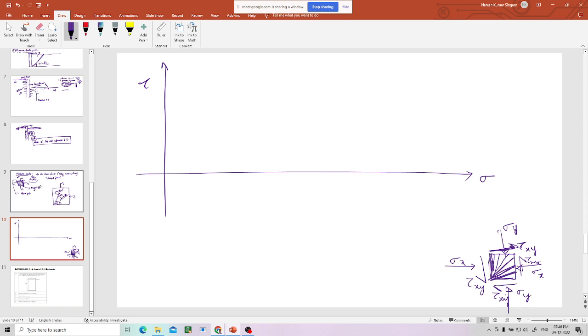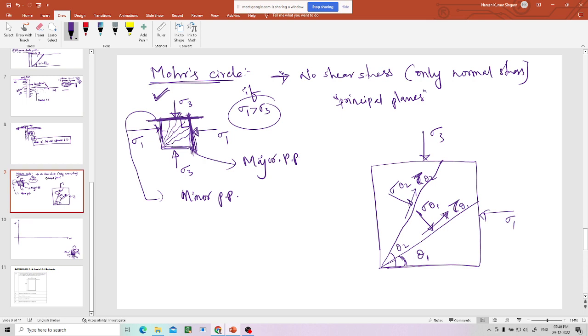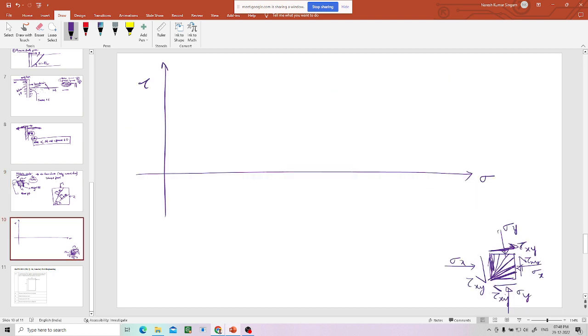Suppose the given element itself has vertical and horizontal planes that are directly the major principal planes or major principal stresses, then there is no issue. But if the given element has some shear stresses, somewhere in between vertical and horizontal there will be two planes. One is the minor principal plane, the other the major principal plane. Anyway, so now